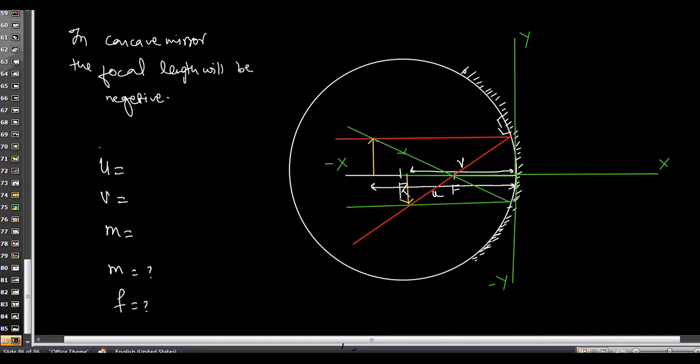Tell me, beta, the value of u will be positive or negative? Asila, tell me. Sila, are you there? Yes, sir. The value of u will be positive or negative? Object distance, will it be positive or negative? Negative, sir. Yes, it will be negative, because u will always be taken as negative, because this distance is actually from mirror to here. It is a negative distance, so it will always be considered as negative.